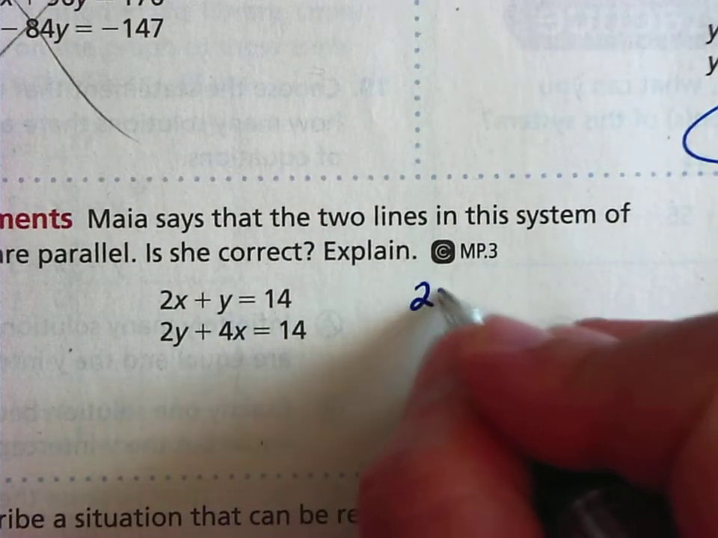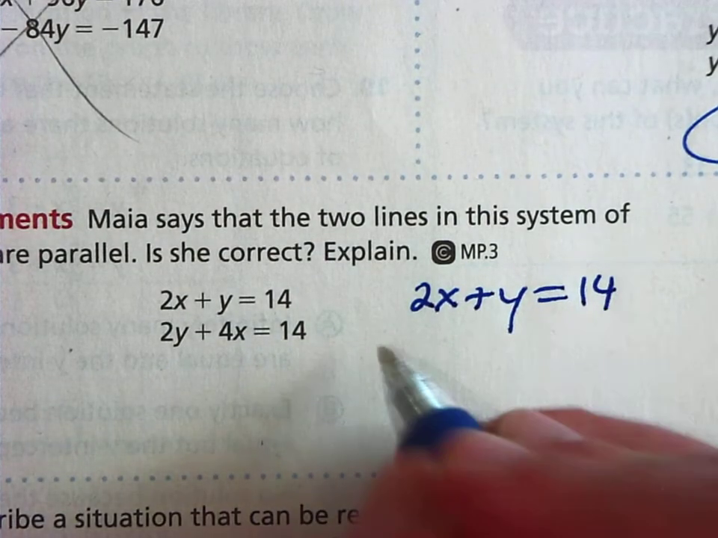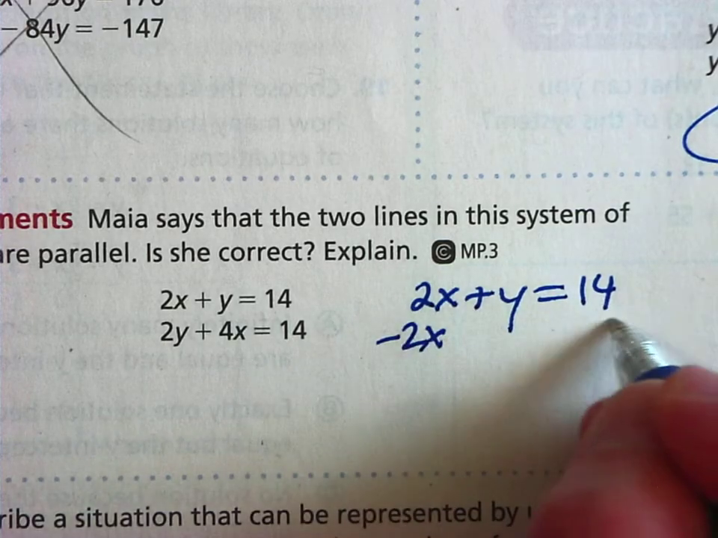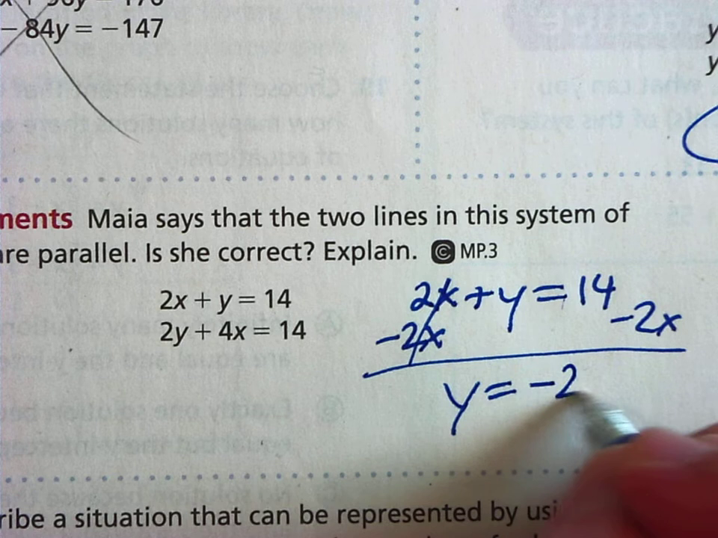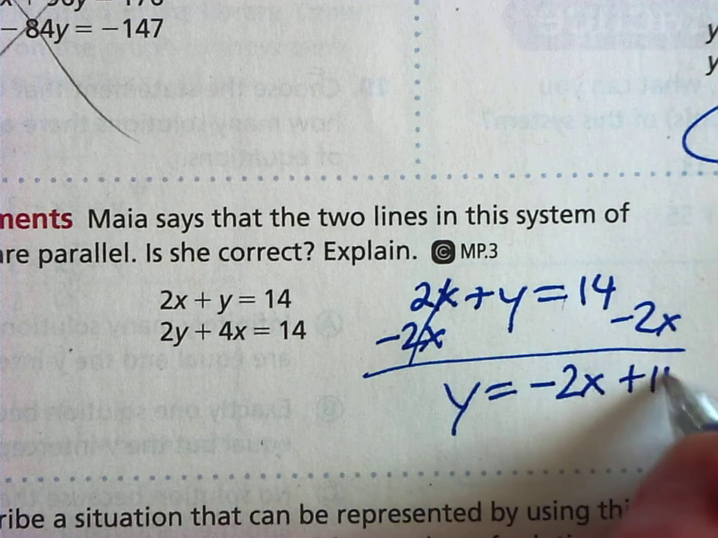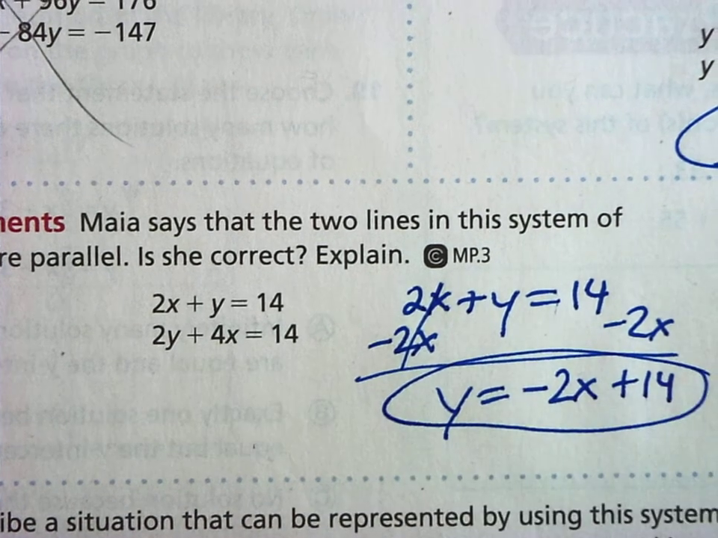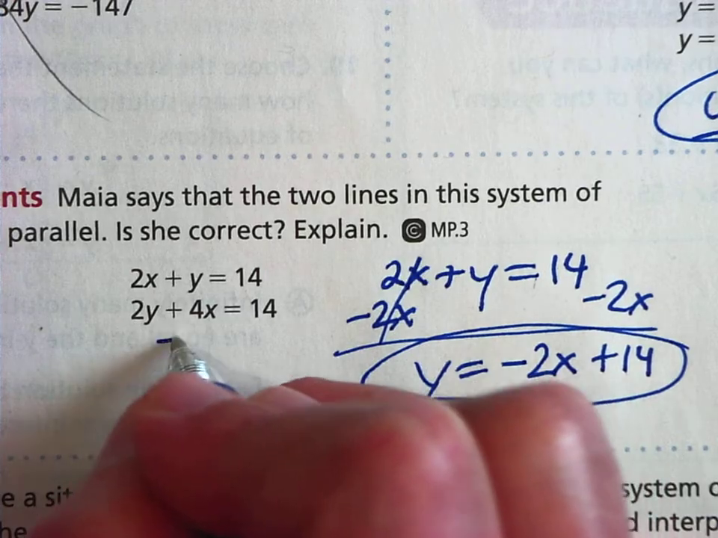Okay, and then let's take a look at this one. So let's solve this. 2x plus y equals 14. First, let's move the x term to the opposite side. So y equals, and then just rearrange these. That's negative 2x, and that's a positive 14, and that's solved. This one, we have to move the x